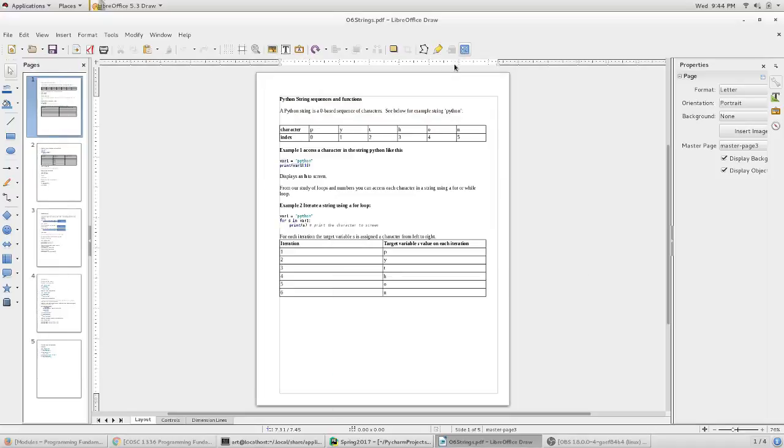Working with Python string sequences and functions. As we can see here, a Python string is a zero-based sequence of characters. See below, for example, string Python,